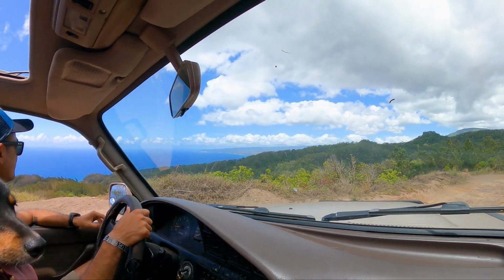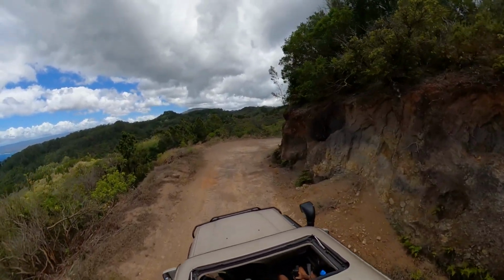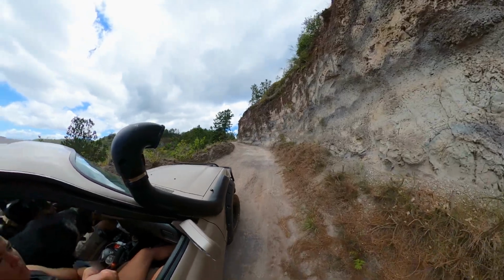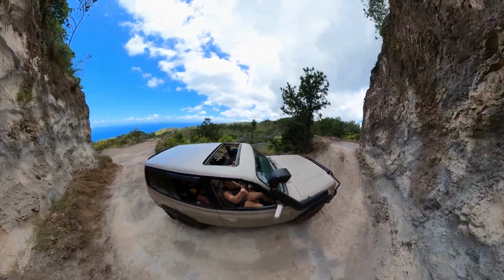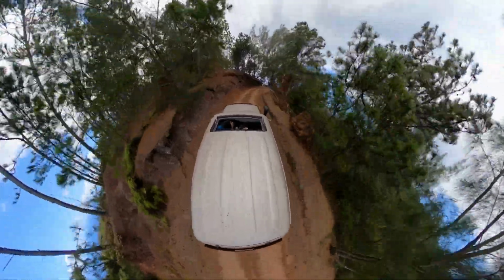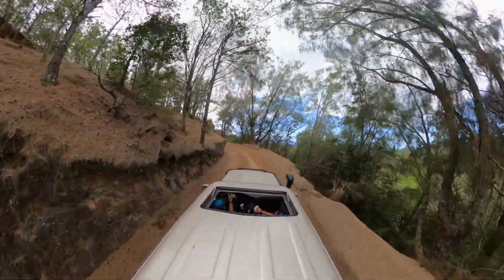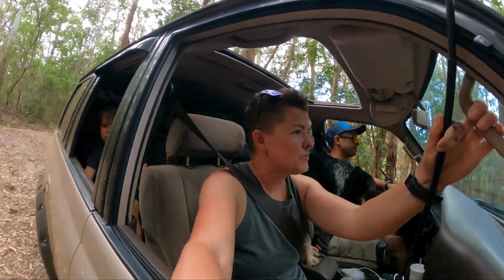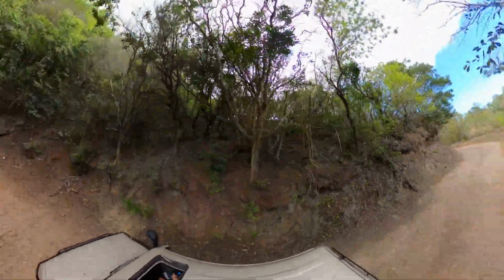The North Shore. This is amazing out here. This is not what you would have expected the tropic rainforest of Hawaii to look like. It's almost like California in a way, with all the eucalyptus and